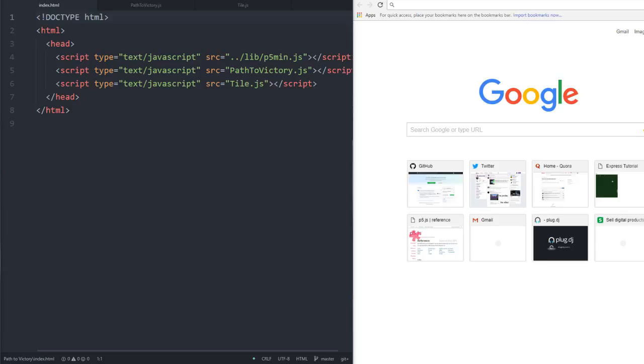What's up, everybody? Today we are going to be refactoring Path to Victory. I'm a little bit later than what I estimated. I thought I'd be starting earlier, but